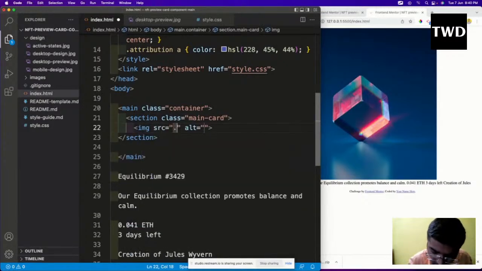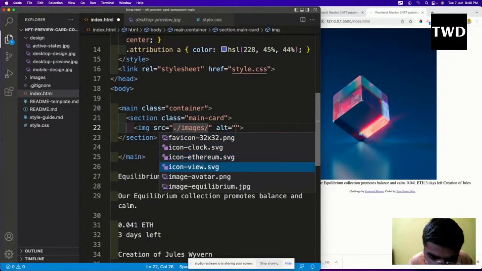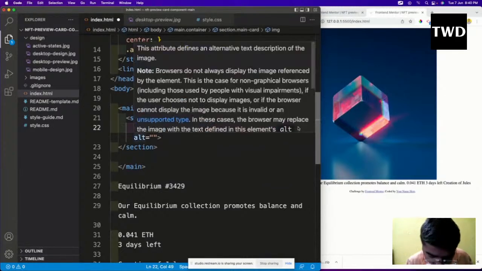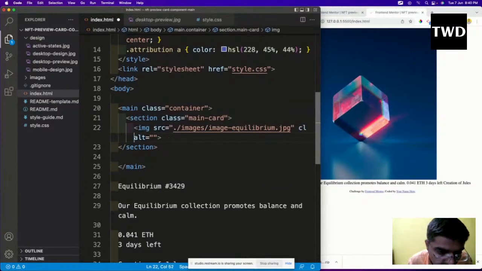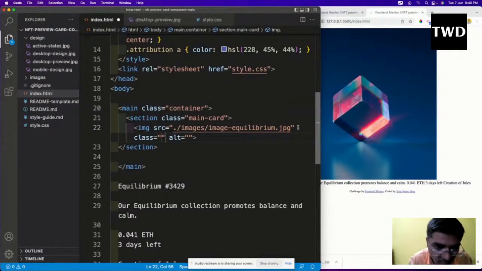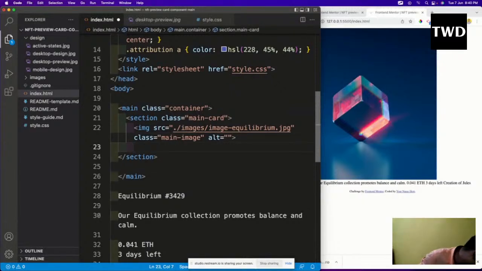We'll have the images as the images and have the equivalent image, and we'll have a class. The name of the class will be image-image. Fine. And inside main-image we will again have a div,